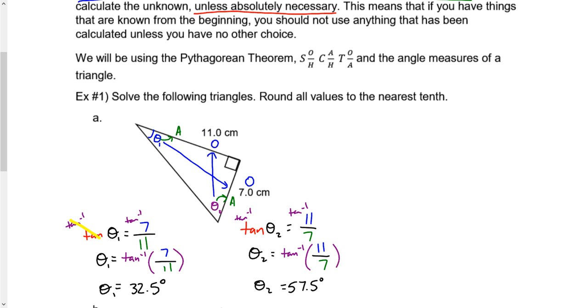And there we go. Now you'll notice, if by chance we wanted to do this slightly differently, and I'm perfectly fine with angles. Side lengths I am not fine with. The total amount of degrees in a triangle is 180, which means if I took this 90-degree angle subtracted from it, and also took this first calculated angle of 32.5 away from it, we're going to get 57.5 degrees. So I'm fine with angles being calculated like this. You can find out one angle and use this property to find the other one. But I'm not fine with you using